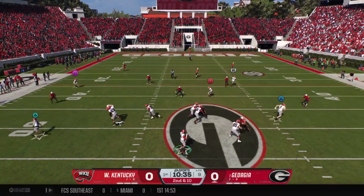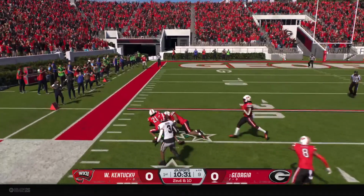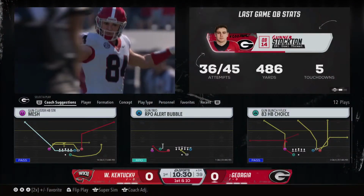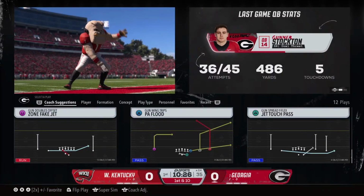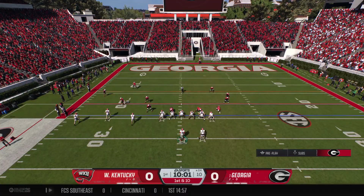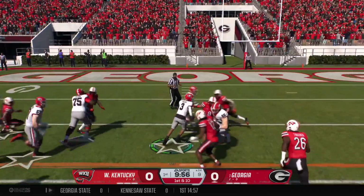Back to pass on 2nd down. Wide open downfield. They finally get him on the ground, but he's got an explosive play for the first down. That is a really good-looking throw. You think about the expectation level now for quarterbacks at Georgia. Matthew Stafford was the number one pick overall. Stetson Bennett won 2 national championships. Imagine the pressure on this guy. But when you see throws like that, he makes you believe that he can step up and lead this team